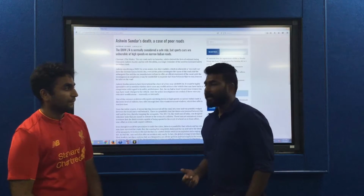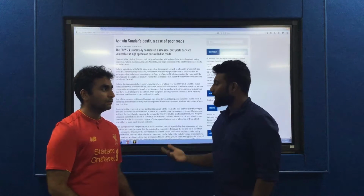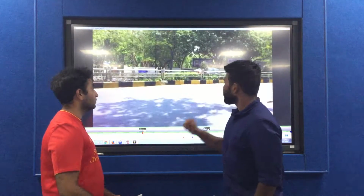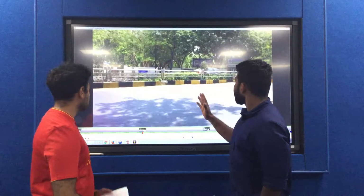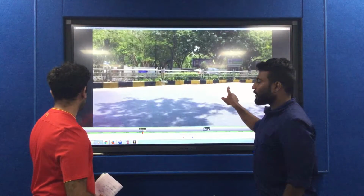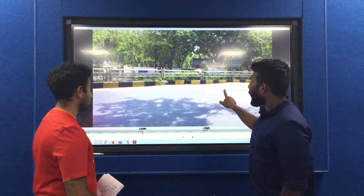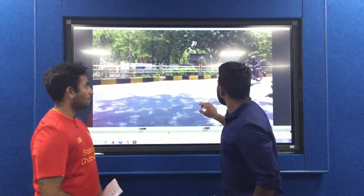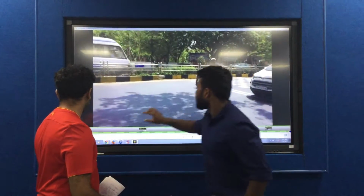But what we saw today is Chennai really has to rework the way they lay speed breakers, because in the video today we visited the site, and what was really surprising is this is the speed breaker which Ashwin went over, and the crash is close to 100 meters away from it. So before we get to that for a second,